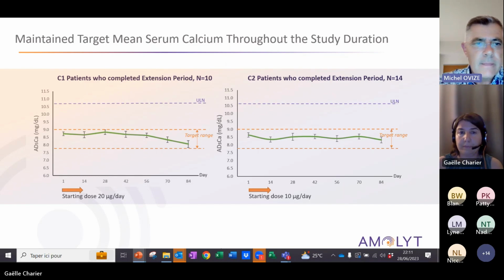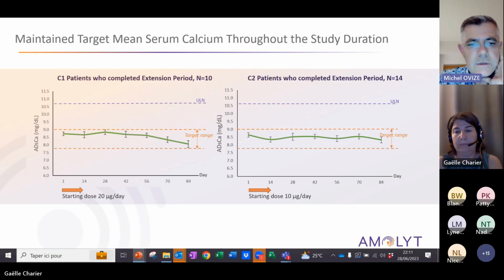You can see on the left for cohort 1 and on the right for cohort 2 that on average, the objective was obtained because the mean albumin-adjusted serum calcium was within the target range, both in cohort 1 and